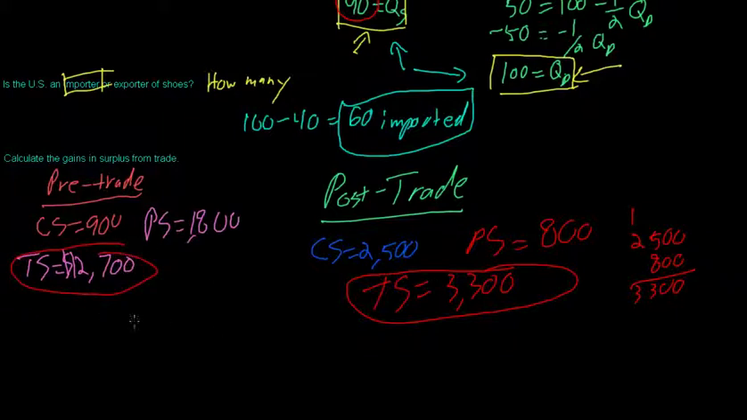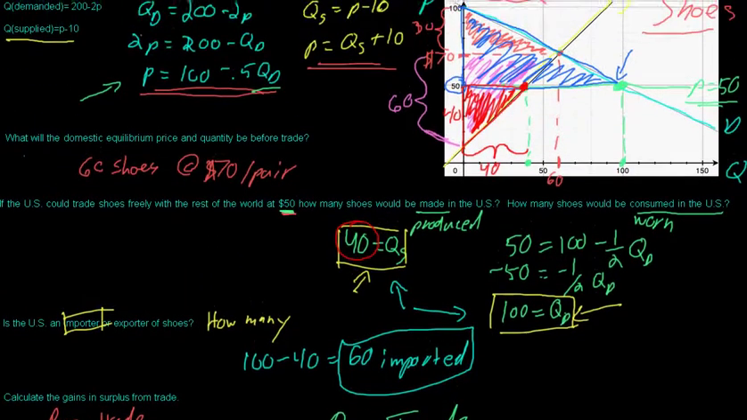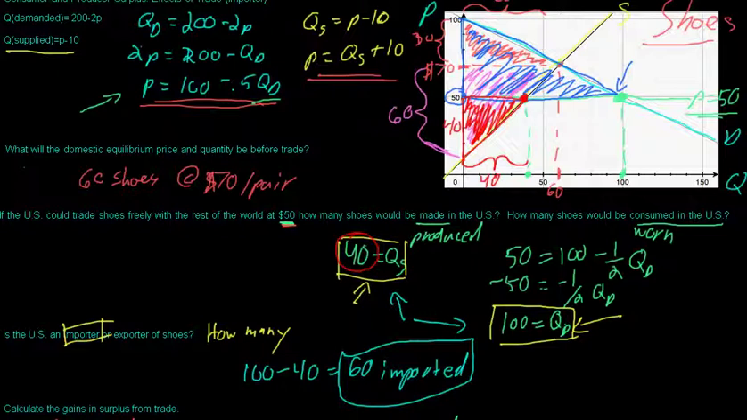So the gains in surplus from trade are 3,300 minus 2,700, which is $600 of extra surplus gained from trade. So that's the long way to do this. The short way to do this is just to go ahead and see what is the extra triangle that we gain from trade. So it's either on the top if you're an exporter, or on the bottom here if you're